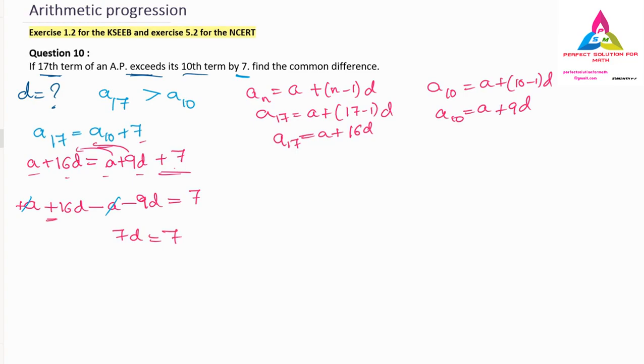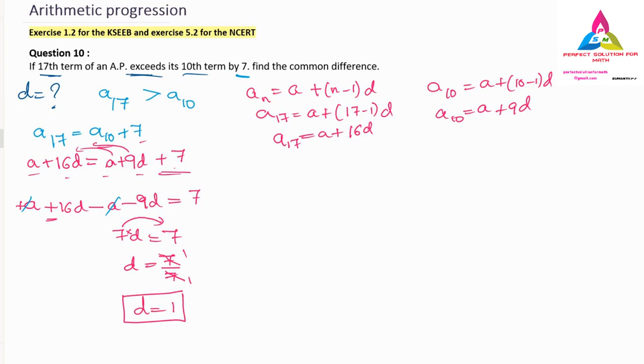So 7D we have, so we have to keep the unknown thing D over here. 7 we have to write as it is, divided by 7, because when you shift this 7 to the other side it will divide. 7 ones are 7, so the D value will become how much? 1, and this is your final answer.